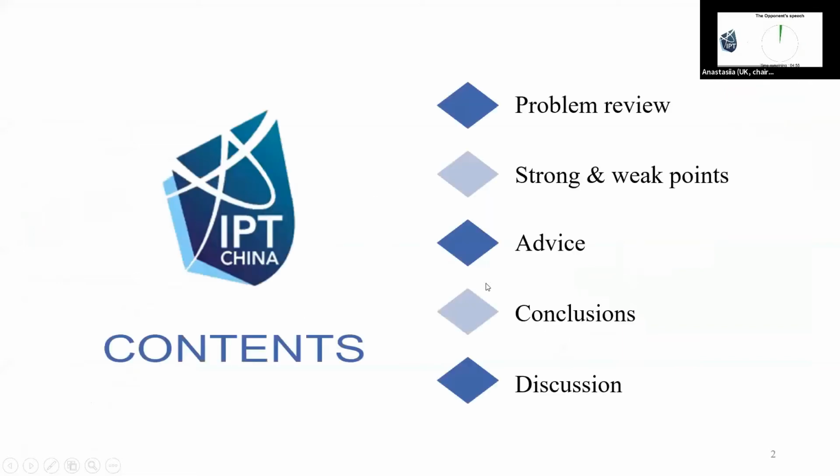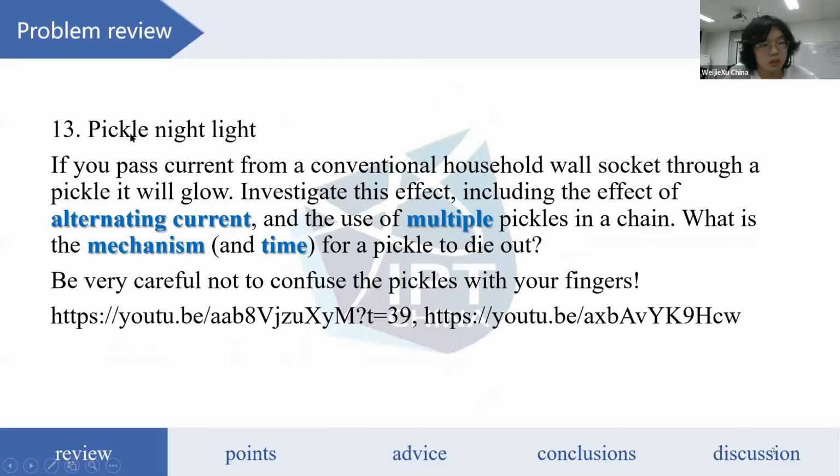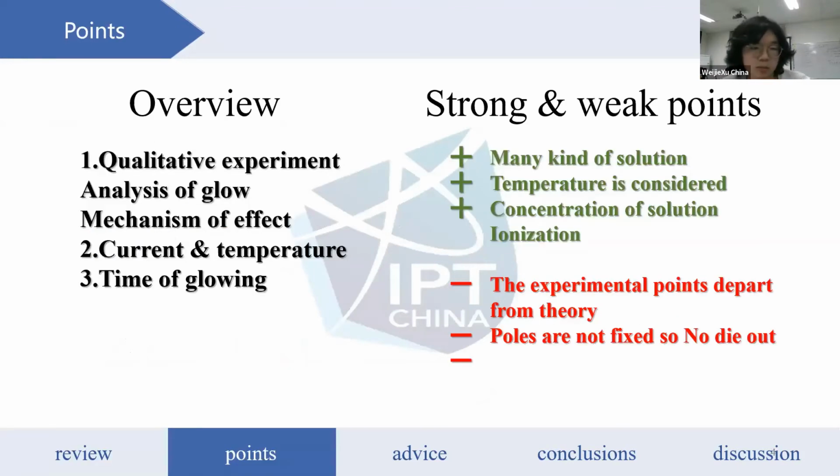Okay, we are going to talk about the review of the problem, the strong and weak points, advice, the conclusion and so on. In this problem, we believe that the keywords are alternating current, multiple pickles, the mechanism and time. And on these four points, I think the reporter has done a good job. Let's talk about the points. First of all,